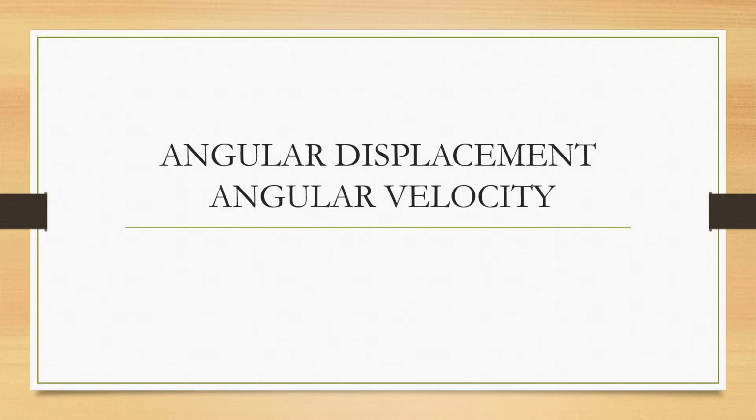In this lesson, the first learning outcome, we are going to look at the quantities that are involved in circular motion. Like when we were looking at linear motion, we know that there's displacement, distance, speed, velocity, acceleration, time. We can describe linear motion by looking at all these quantities. But for circular motion, we can also describe its motion by a few quantities, and some of them are angular displacement and angular velocity.